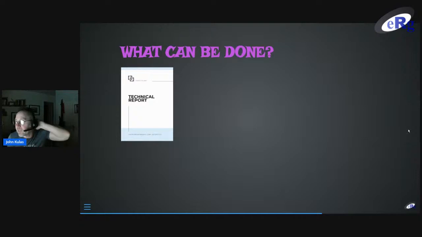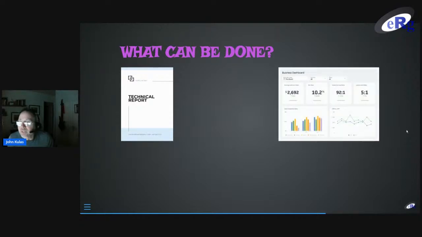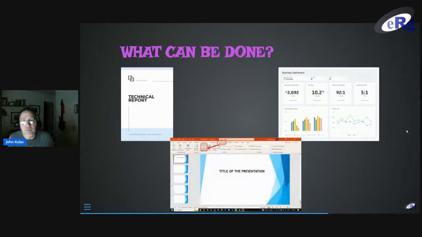It documents how, for example, if I create a new psychological assessment, I'll have a technical report that documents the steps taken, how we looked at it, how we made an evaluation as to whether this thing might be useful or maybe has some issues with it. So technical reports, you can certainly write. Dashboards are really, really popular. You can fully author these dashboards using these processes and tools that we're talking about.